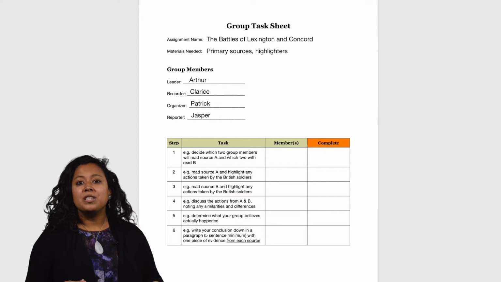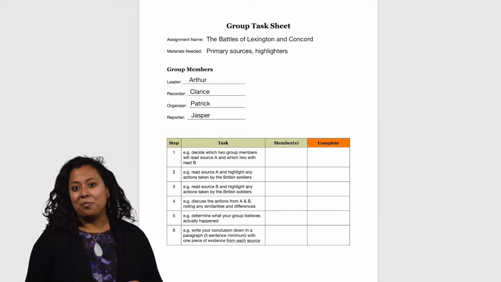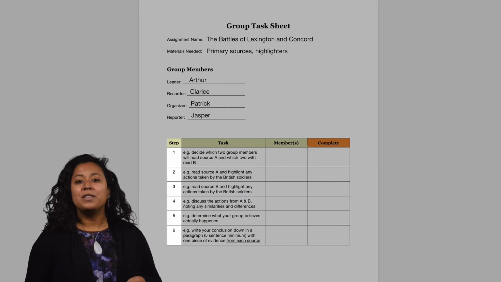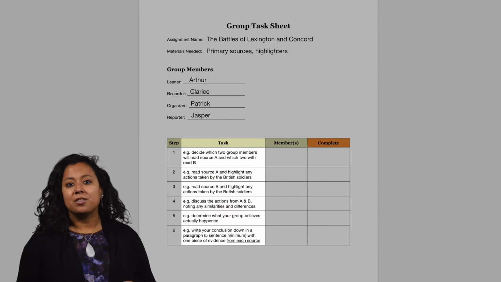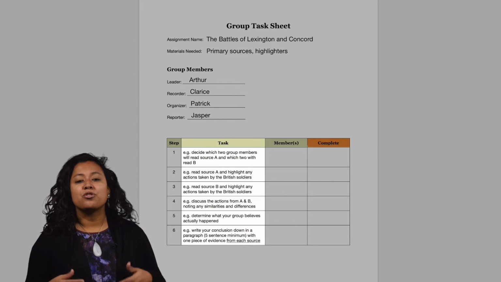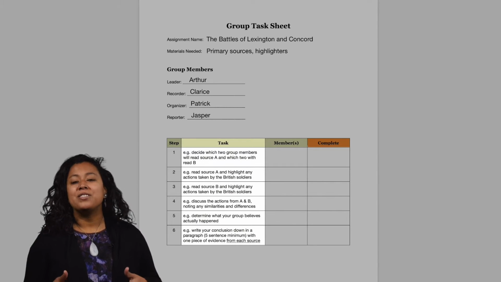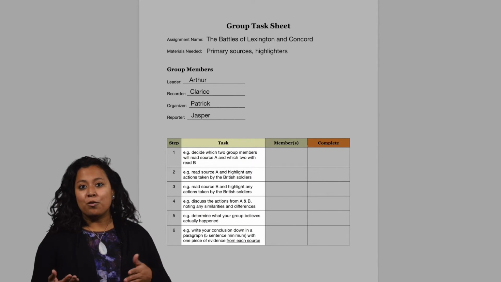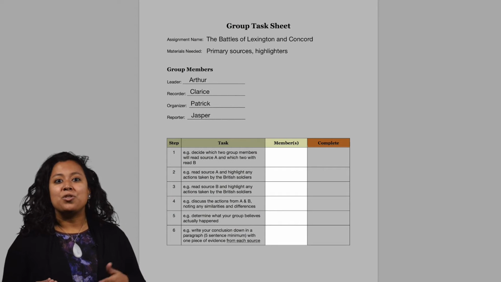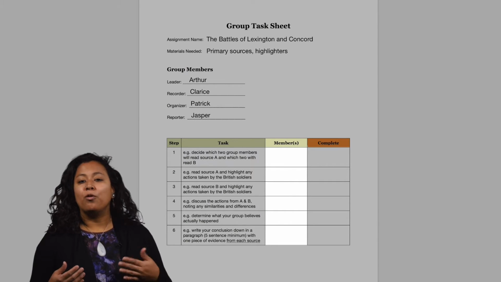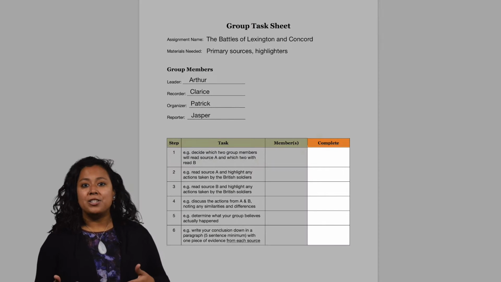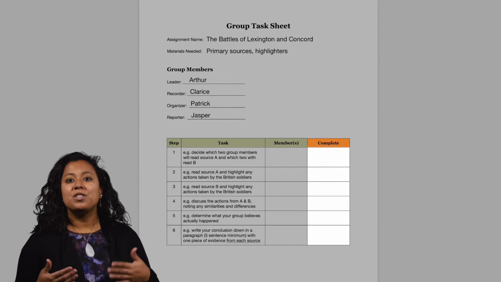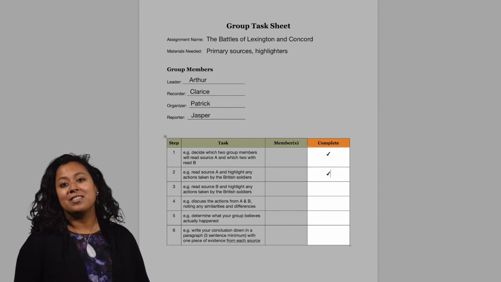Below, you can see a simple step-by-step table. On the left, you'll find the step number. One column over, you'll see your task list. Try to keep your instructions clear and to the point in this section. Moving over, you'll find a space for the students to write their name if they were involved with completing that step. This is for added accountability. And on the far right, you'll have the students check off the step once it has been completed.